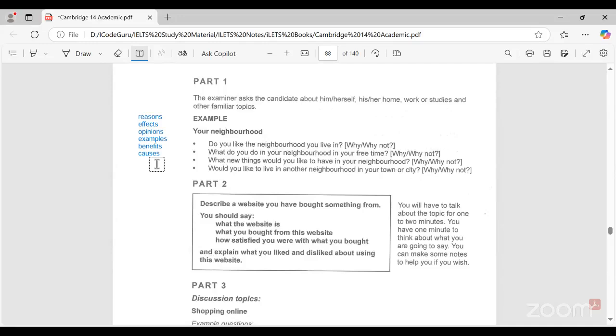So if you want to speak, try not to be shy. You are giving the test and investing your time and money, and if you are thinking that you are an introvert and not going to speak, then how will you become a success? It is better to speak instead of regretting later, after giving the exam, that you did not get the desired score because you were not able to speak in front of different people. So try to speak. Whatever answer you give, even if it is wrong, you will learn new things. And if it is right, it will help other people see how they can answer by listening to you.